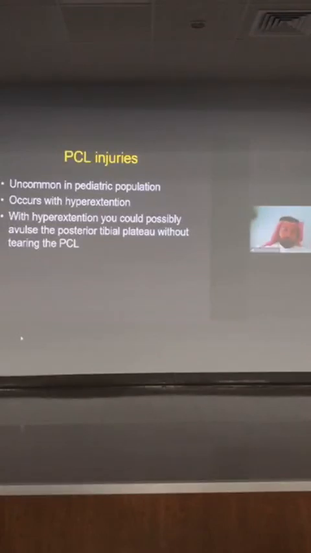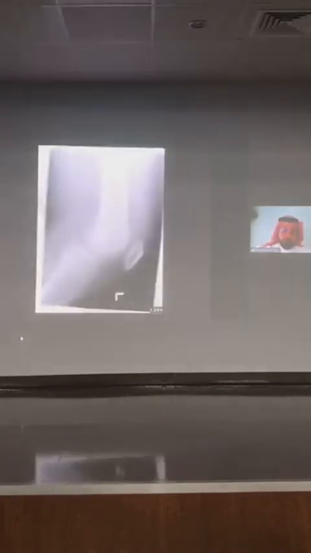Let's come to the posterior cruciate ligament. It is uncommon, but the classical mechanism is an anterior force that happens to the knee in a flexed position, or it can happen with extreme hyperextension. With extreme hyperextension, it is possible to avulse the posterior tibial plateau without tearing the PCL, and that is usually due to capsular detachment. Over here, again, it's a lateral radiograph of the pediatric knee, and if you don't look closely,